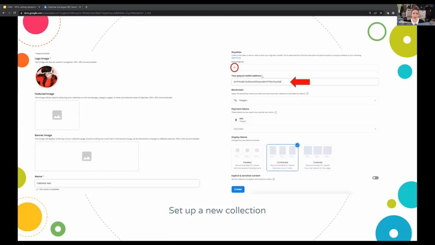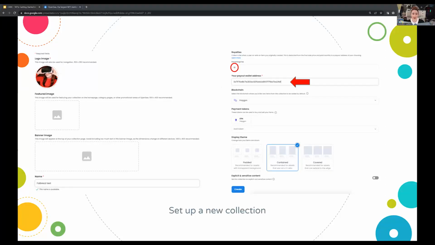To receive royalties, I need to provide them with my MetaMask wallet address. And this is like giving someone your bank account routing number so that they can wire you money. You're not giving away your secret passphrase or anything like that. You're just giving them the number to which they can send you cryptocurrency.